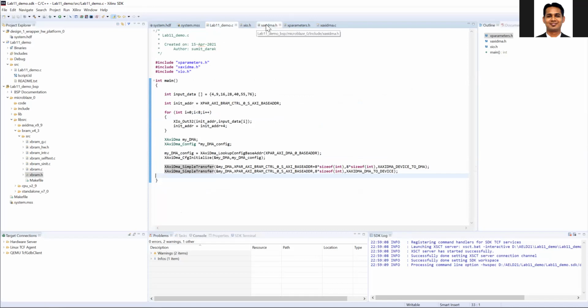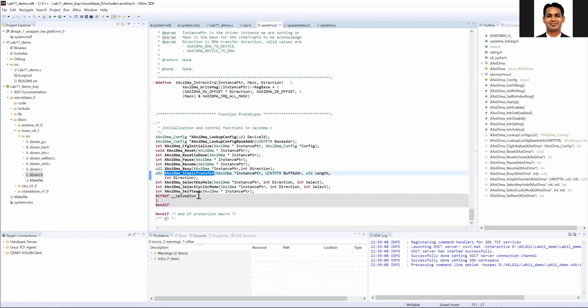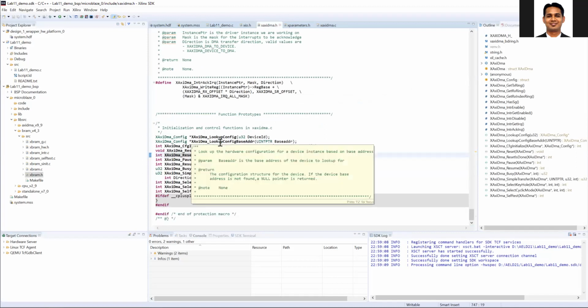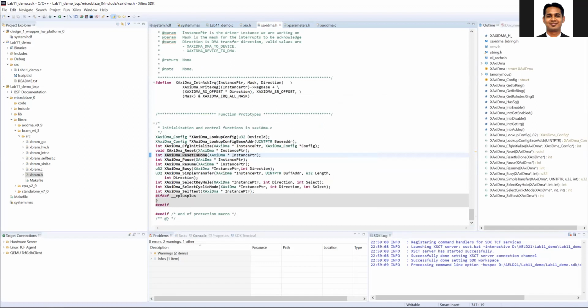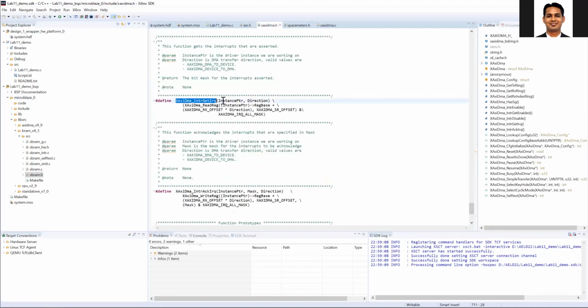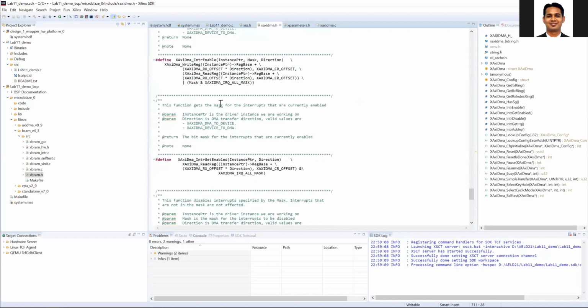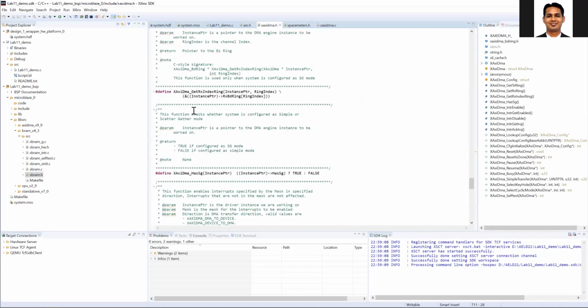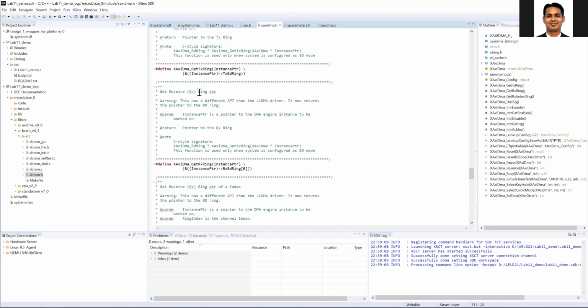Now, if you want to read the register, let's look at the DMA functions to see how I can read the register. Inside the DMA, we need to go through this function, and there should be some function to read the register inside the DMA.